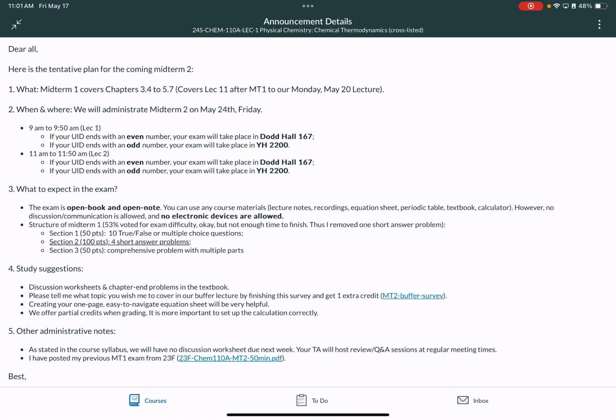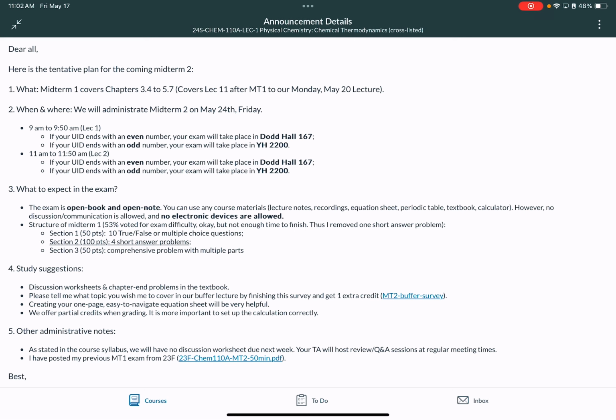As long as it's not an electronic device that's connected to the internet, feel free to use it. Also, during the exam, if you forgot what the gas constant is, or don't know what 1 Pascal converts to in bar, these kinds of constants we'll try to provide to you. But if I forgot and you don't have that in hand, just ask your TA or me, because we'll put it on the board. We don't want small information like that to obstruct you from finishing the exam.